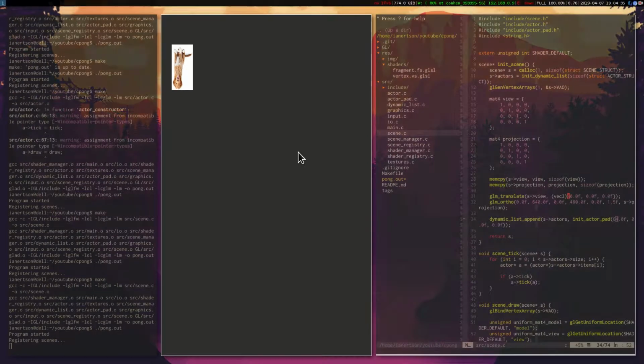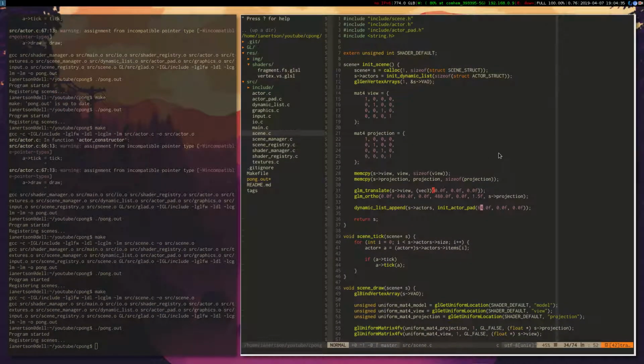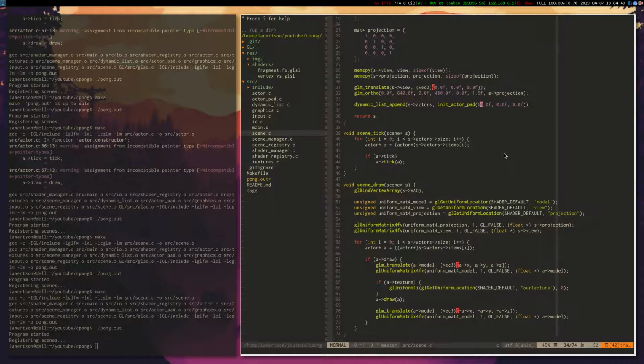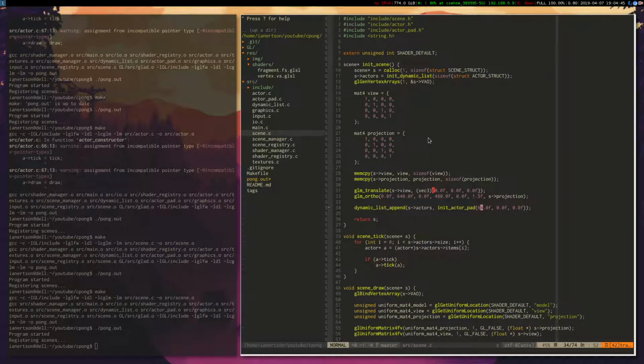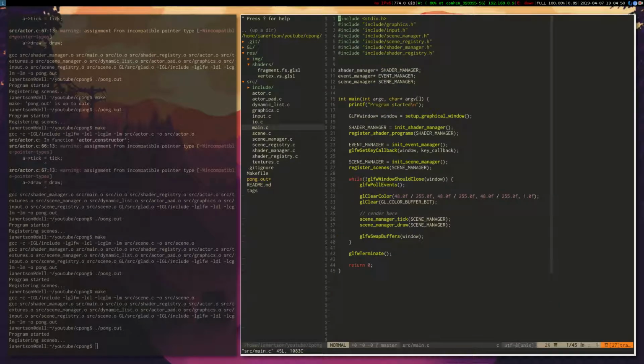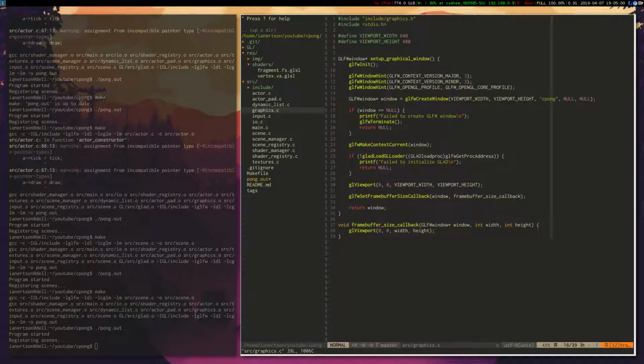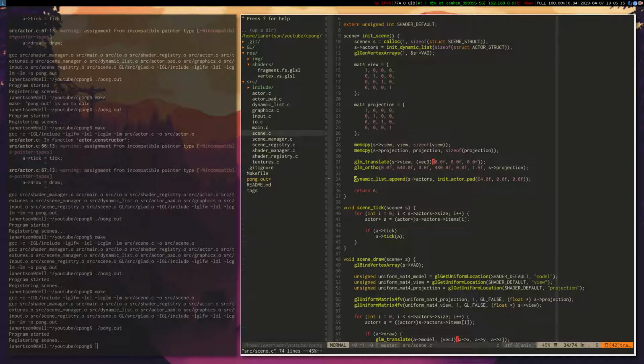So I don't know if I'm going to fix it in this video, but I'm just going to look into that real quick. So our projection is created here. So actually, in our main.c, I think we have the, or maybe it's actually in the graphics.c. Yeah, here it is. No, actually, it's probably where I do the GL ortho stuff. So yeah, here we go. So this is